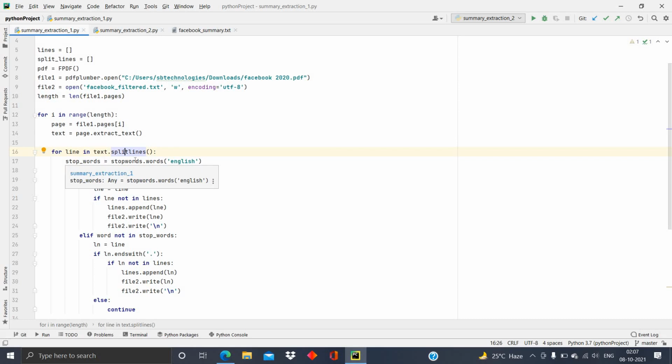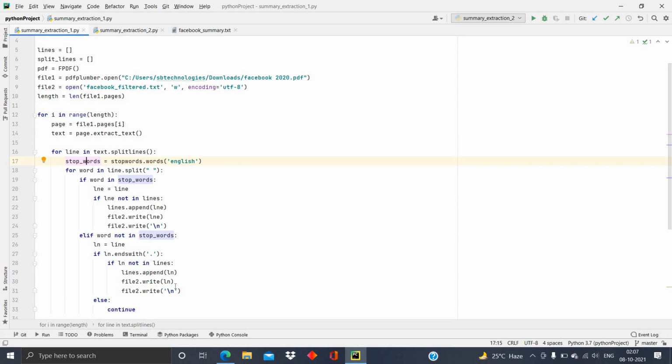Then I am going to use a technique called stop words. Stop words are common words used in a particular sentence, like in, the, is. These are all stop words, and for any sentence to be meaningful, it must contain stop words.